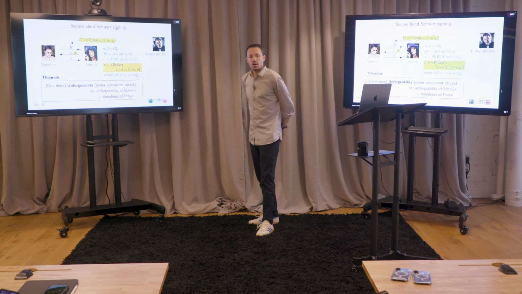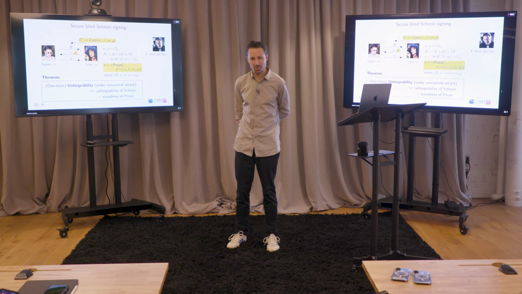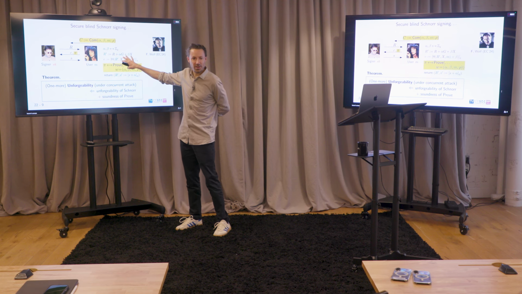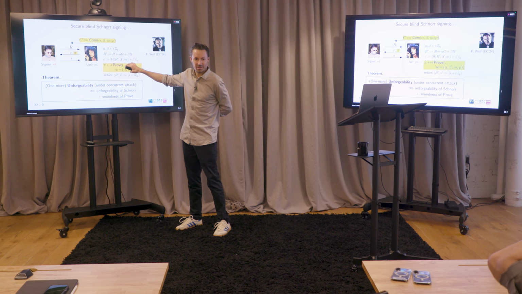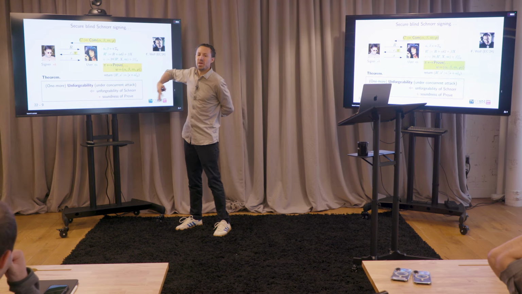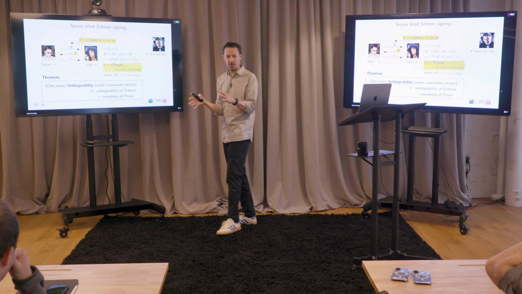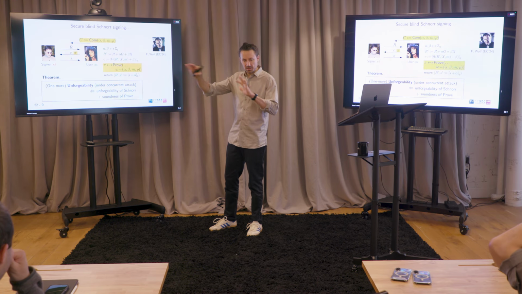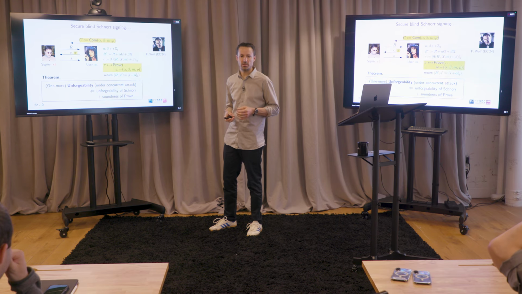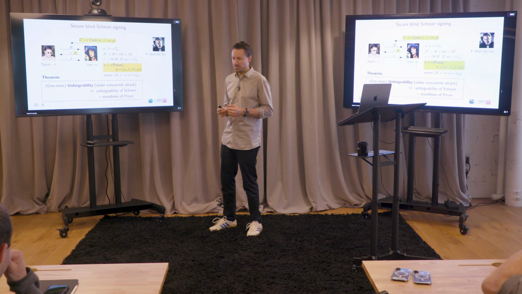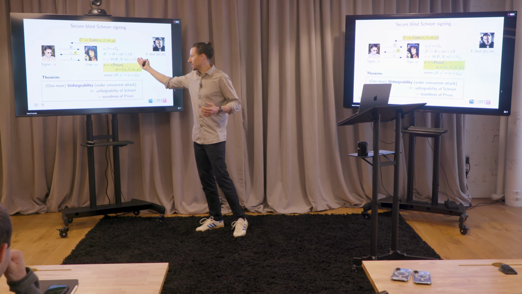Wait, what do you mean you have to assume unforgeability of Schnorr? Isn't that known? Yes, it's known in the random oracle model under the discrete log assumption. Yeah. But we prove a statement about this hash function, so we can't just pretend it's a random oracle. Right? That's why we make the assumption that for a concrete hash function, Schnorr is secure, which is just this interactive assumption, right? The adversary gets a public key, can ask for signatures, and then has to come up with a forgery. So pi is like a SNARK or whatever? Yes, general purpose. Yes, yeah. Even if it wasn't, if it involves the statement, it can't be a random oracle, right?